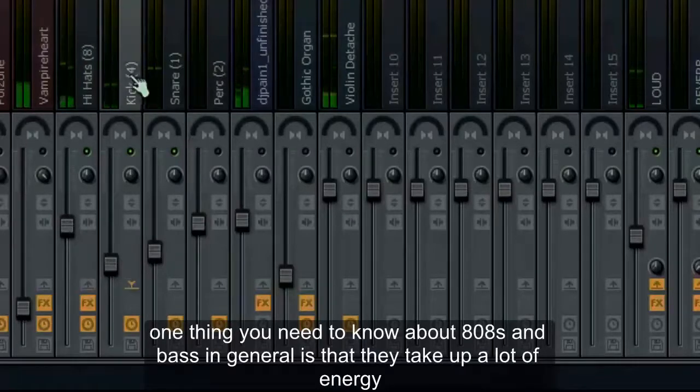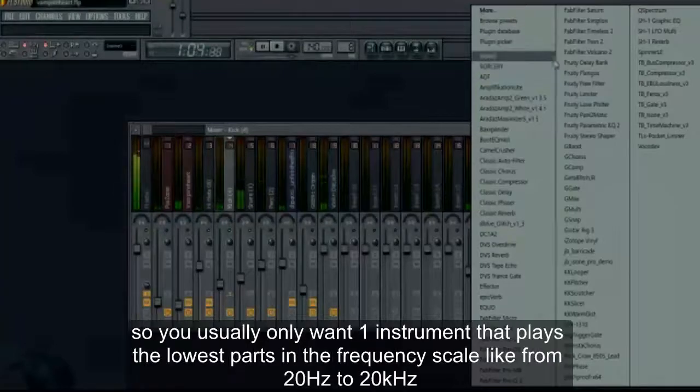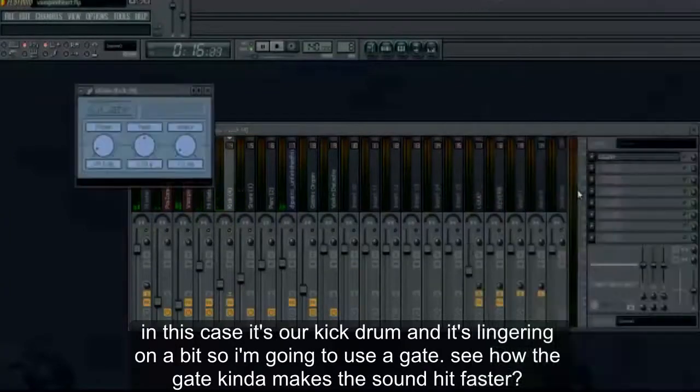The thing you need to know about 808s and just bass instruments in general is that they take up a lot of energy. So you usually only want one instrument that plays the lowest parts of the frequency scale, like from 20 hertz to 20k. In this case, it's our kick drum. And it's kind of lingering on a little bit,